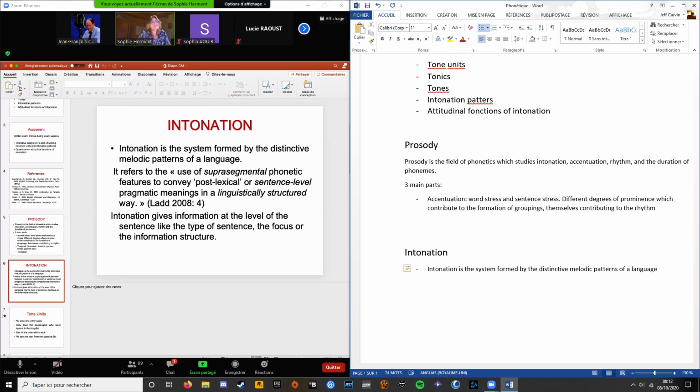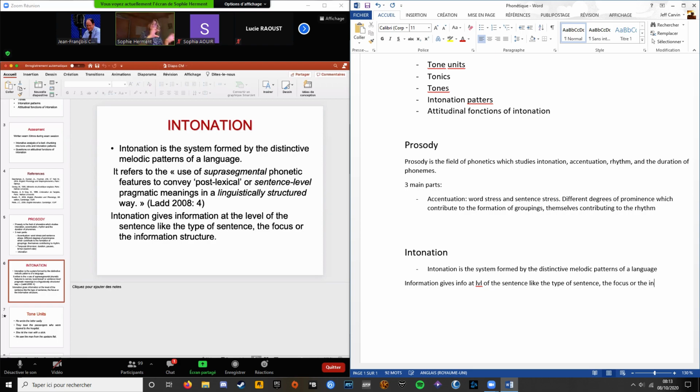So this means that intonation gives information at a suprasegmental level, that is at the level above the word, above the phoneme, at the level of the sentence, like, as I said, the type of sentence, so you can make the difference between a question or an assertion,